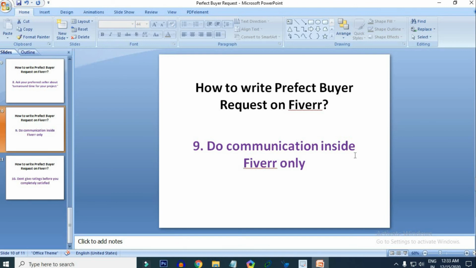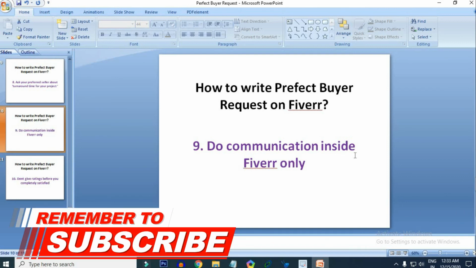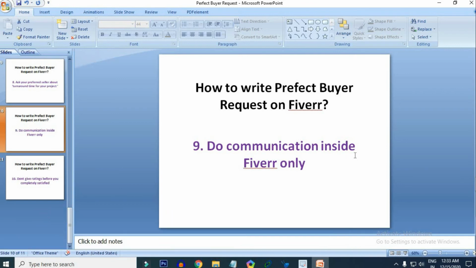If you contact through WhatsApp or email, that's against the terms of service, and it's also difficult to resolve your issue if anything happens after you have given a project to someone.